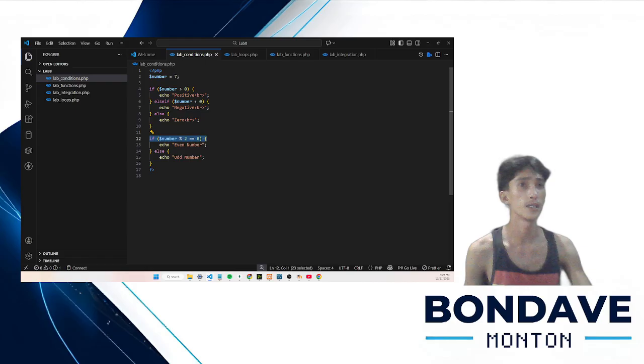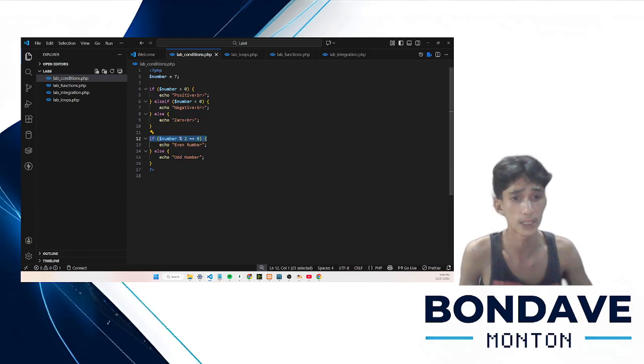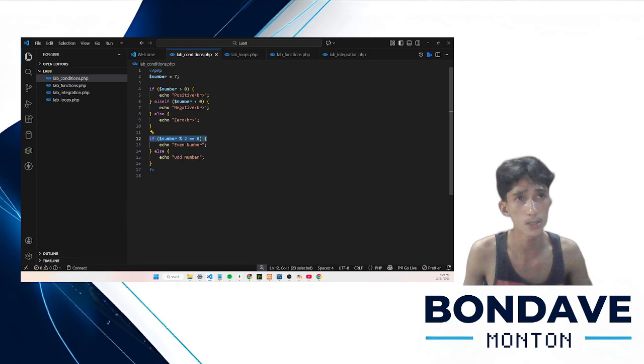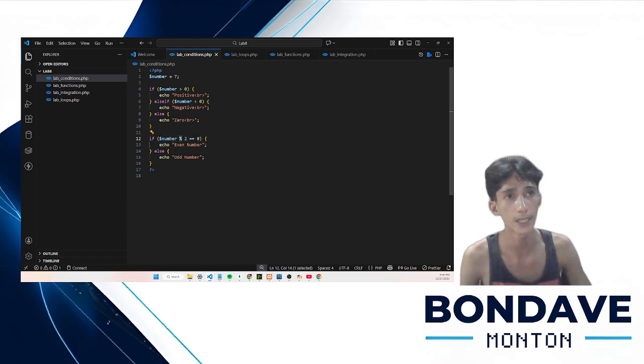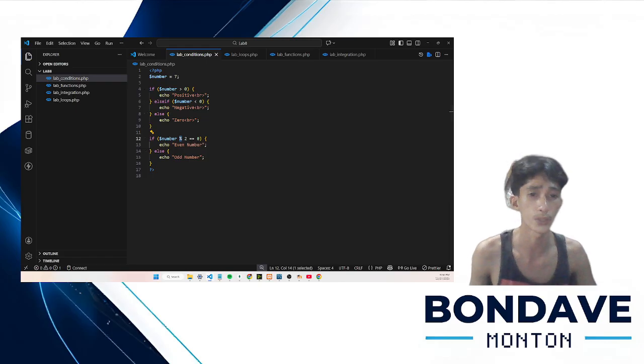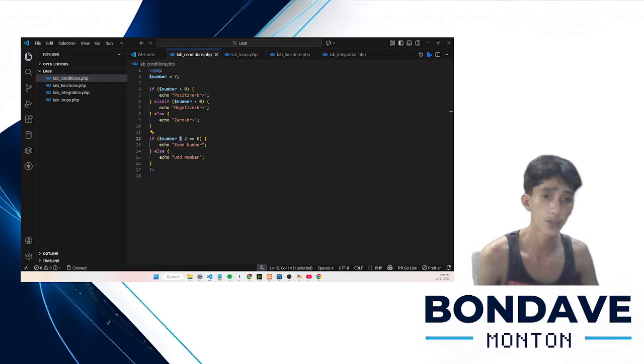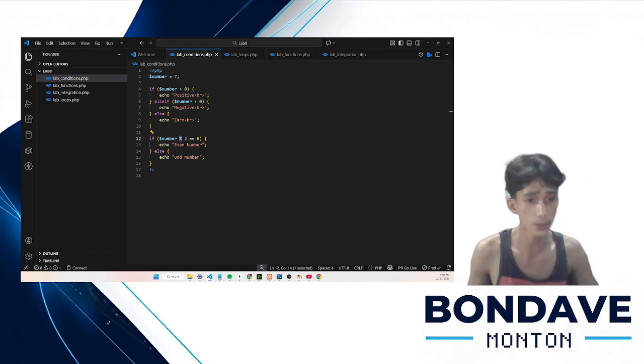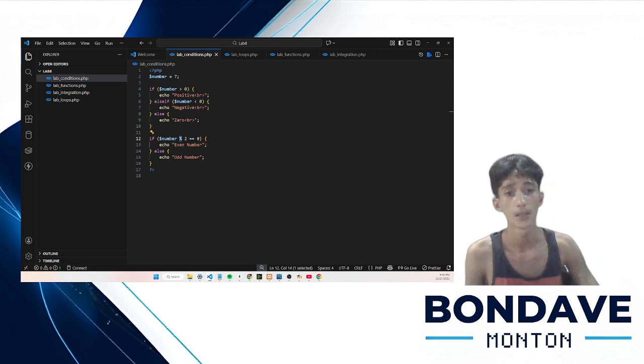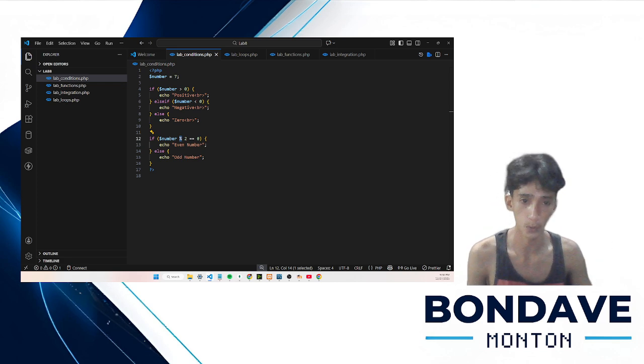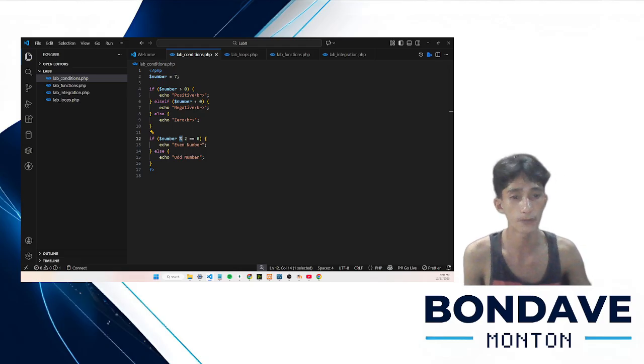Next, this line of code. As you can see, this percent sign is called the modulo operator. It gets the remainder when dividing by 2. If the remainder is 0, the number is even.